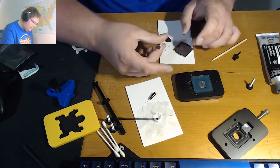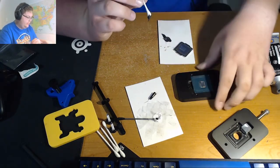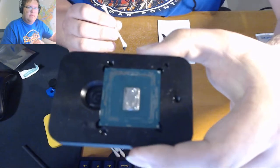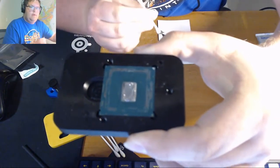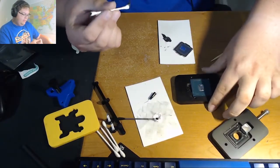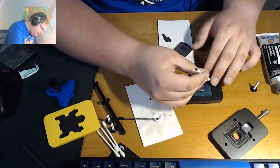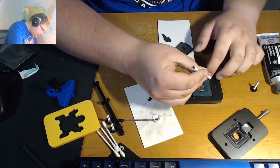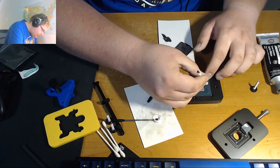and then that's good. And another thing I like to do is, you see, let's pull this up toward the camera, there are 4 little gold contacts in that corner of the CPU die, and if liquid metal gets on those, it's pretty much game over. So what I like to do is I like to take some of the sealant and put some on top of those contacts,